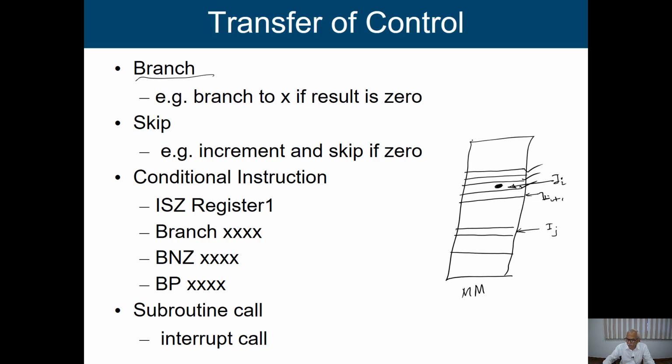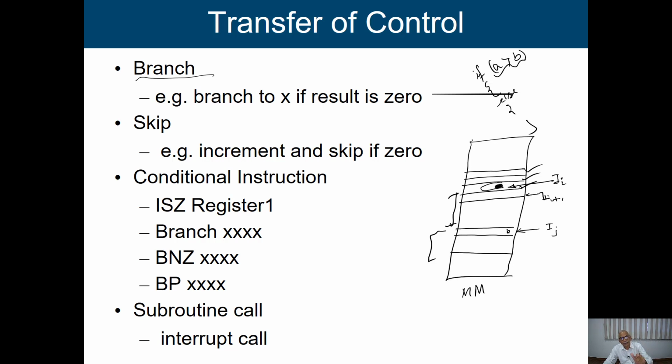Now I can explain this effect with a simple example. Say if A is greater than B, then do this part of code, else do the other part. Here I am comparing whether A is greater than B. If it is true, then I am going to perform this particular portion. If it is false, then I am going to perform the other one. That means depending on the result of A greater than B, I have to branch or jump to a particular memory location. So I am transferring the control.